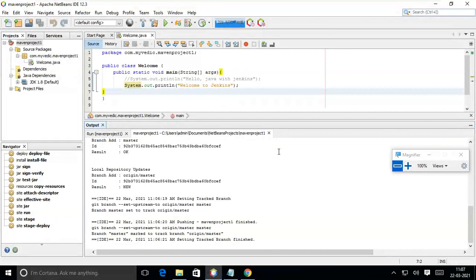What I wanted to tell you is first how to install NetBeans and how to create a project, like I created a Maven project. When I created it, I selected Maven, so automatically Maven-related things will be added. If you have just a Java file and you want to run Maven things, then you cannot run them. So I created a Maven project, and only then can I run the Maven things.